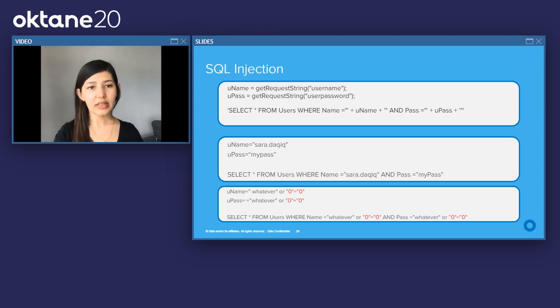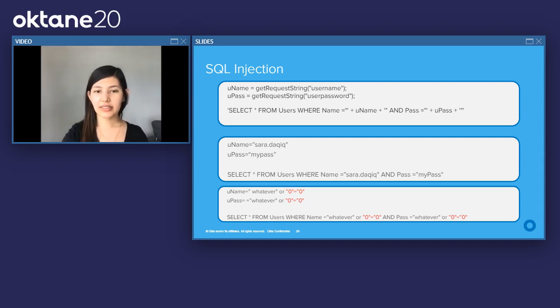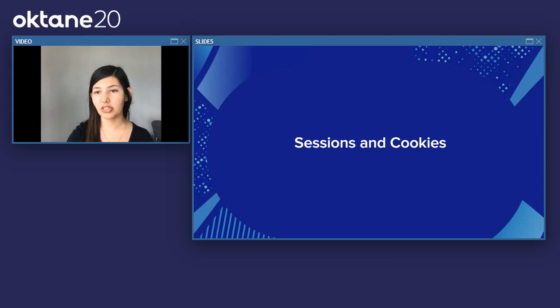So that's one of the ways that a very small misstep or very small oversight in our authentication process can have drastic impacts. Once we have covered this, let's talk about something else called sessions and cookies, that you guys